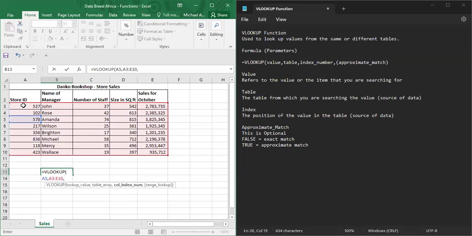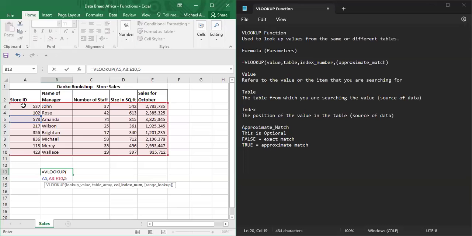So the first column A is column number 1, column B is column number 2, column C is column number 3, column D is number 4, and column E is column number 5. And therefore, we key in number 5. That is the index, which is also the position of the value in the table that we are looking for. We are searching for this particular value. All right, so it is in column number 5. That is the sales column. Then after that,